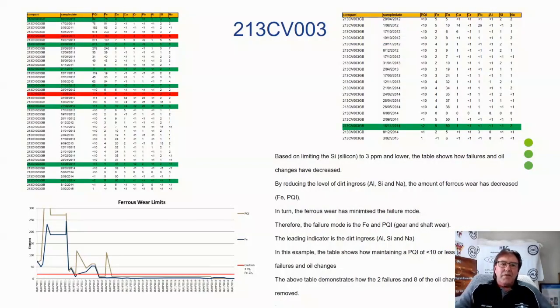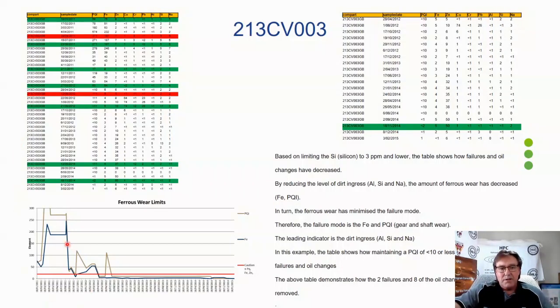So with case study number 3, we went about it a little bit differently. Okay, so this is a mill feed conveyor, right? So moderate speed, high load, constant running, and again, we had that dirt ingress. Okay, we had that ferrous wear that was being caused by the dirt. Right? However, the dirt signatures weren't that excessive. Right? And what we wanted to do was understand what limits we needed to base to reduce the amount of oil changes and the amount of